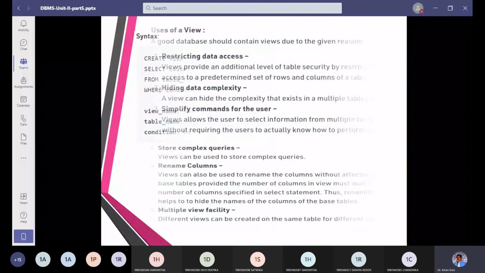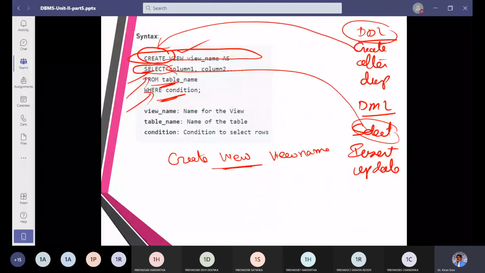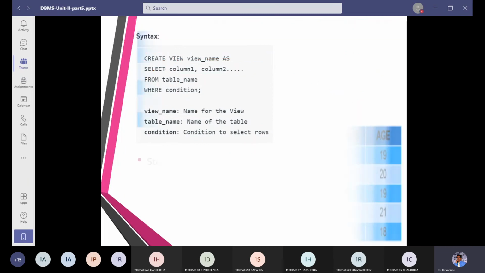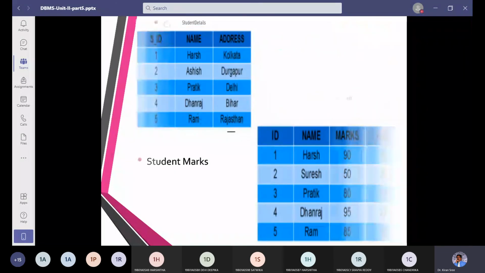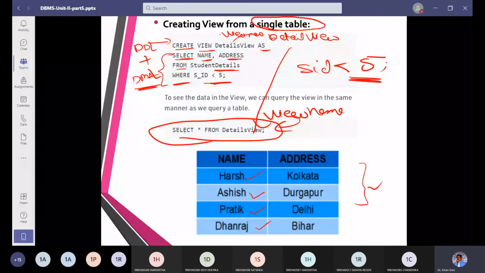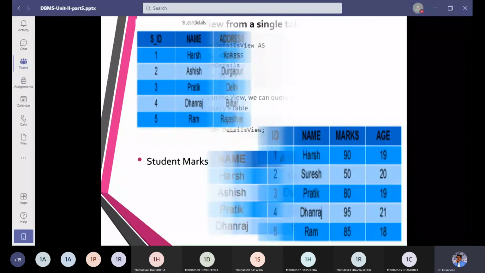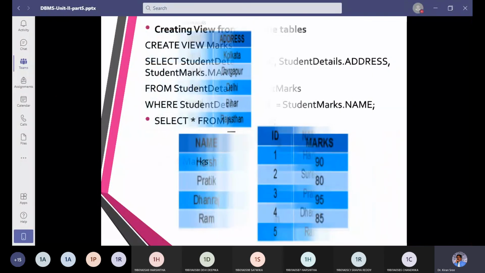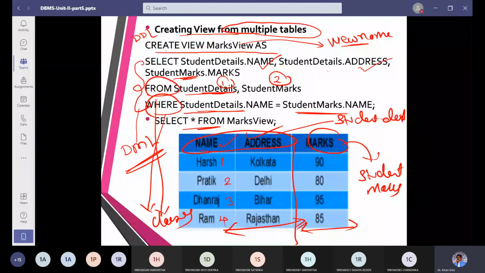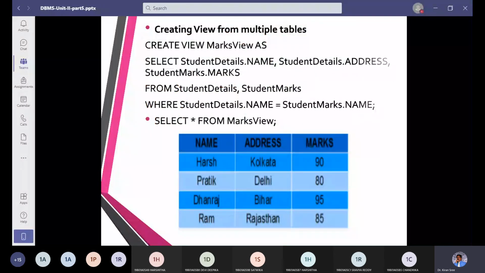So how can I create a view? You can use a syntax called create followed by view name, view as a result word followed by view name, and thereby it uses both DDL commands and DML commands in creating a view. Next one, what are the things we can do when creating a view? A view can be created for a single table and for multiple tables.